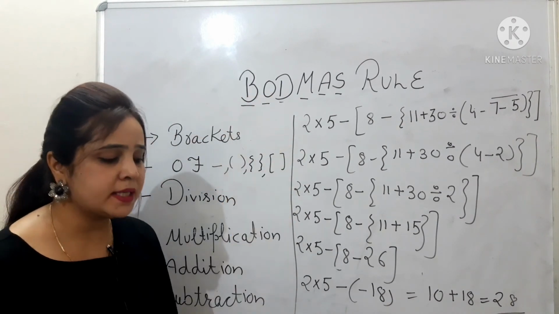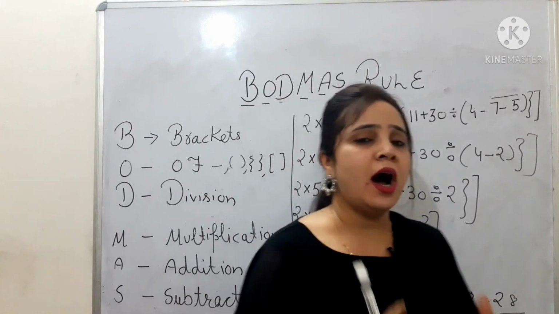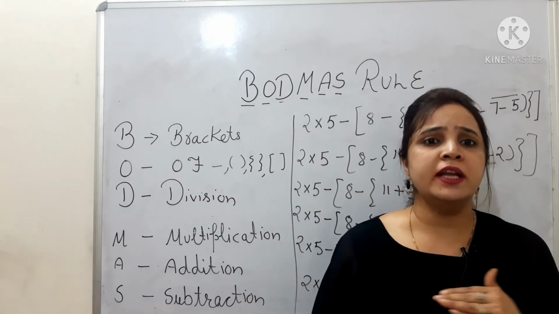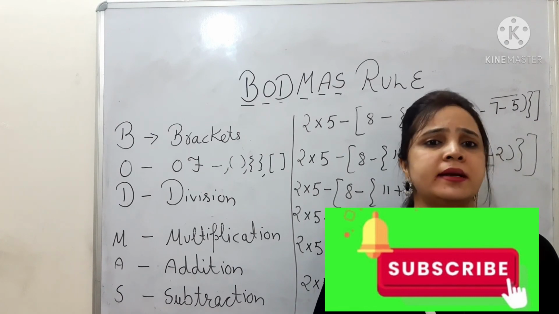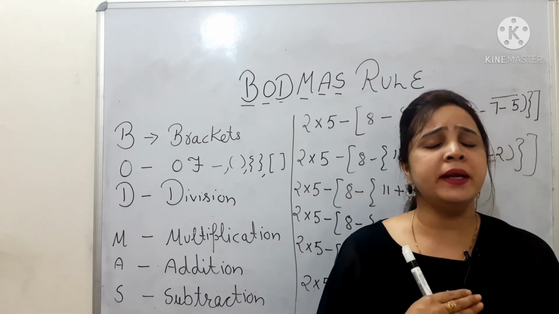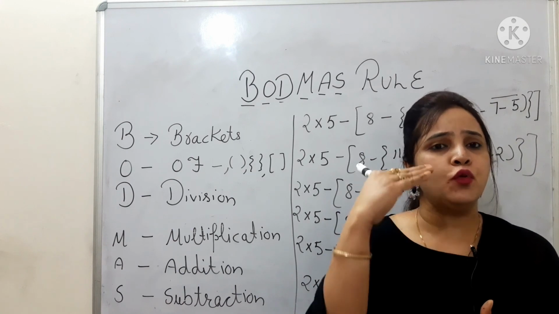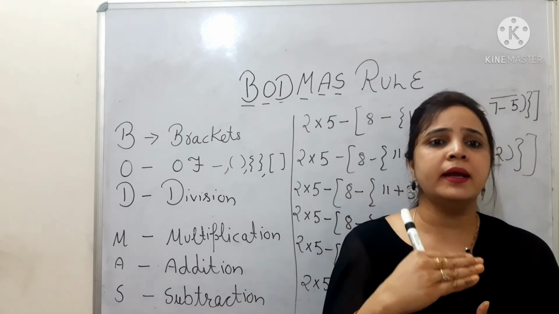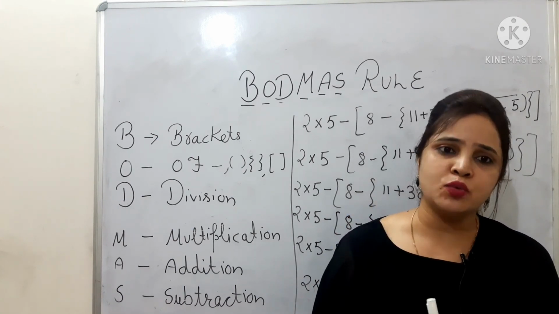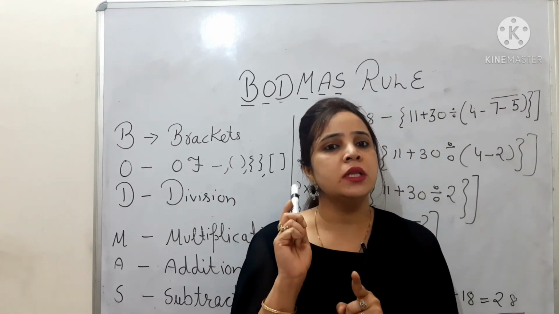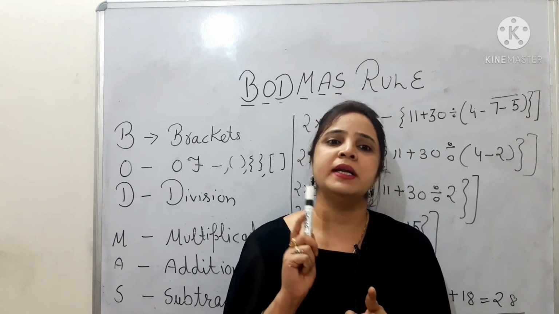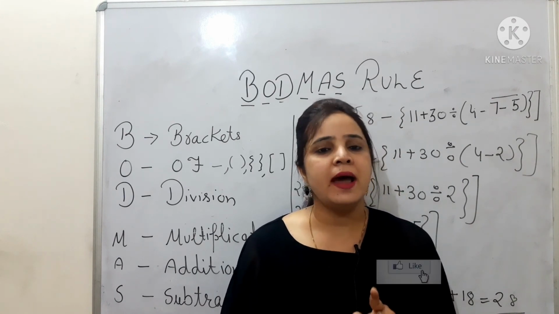So go step by step. Follow the rules, in which order the brackets will be solved and in which order the fundamental operations will be solved, so there will be no problem in getting the answer. Again I am repeating: in case of brackets, first the line bracket, then the common bracket, then the curly bracket, and the last one will be the big bracket. And if the fundamental operations are given, then first division, then multiplication, then addition and subtraction.